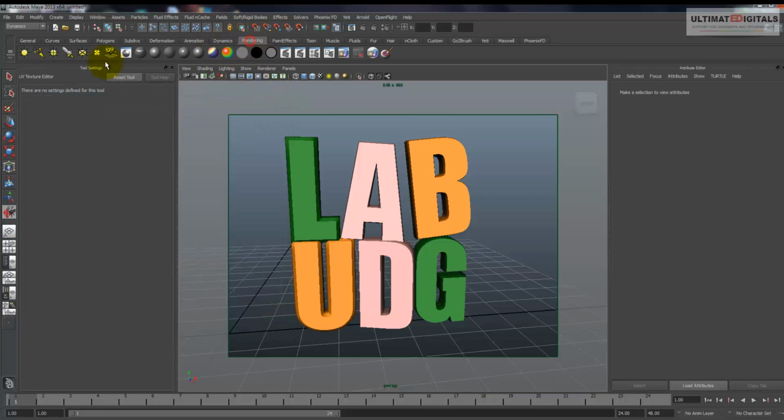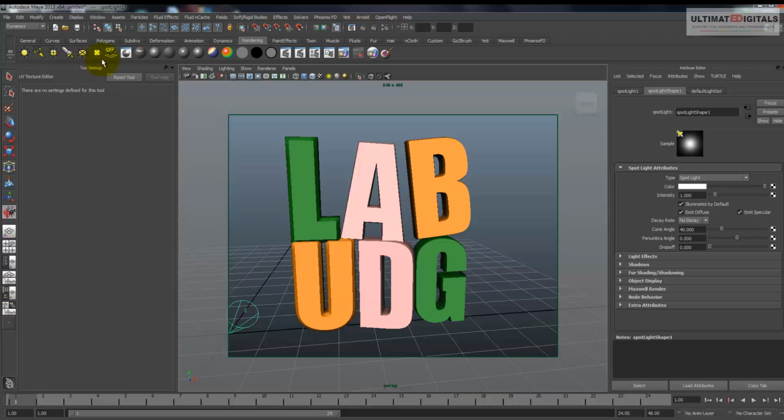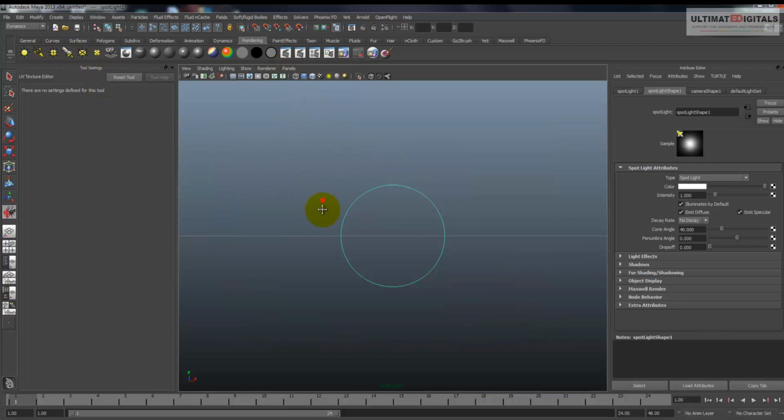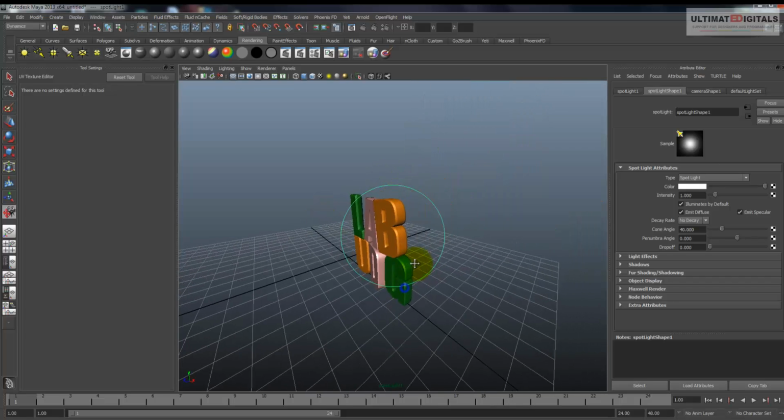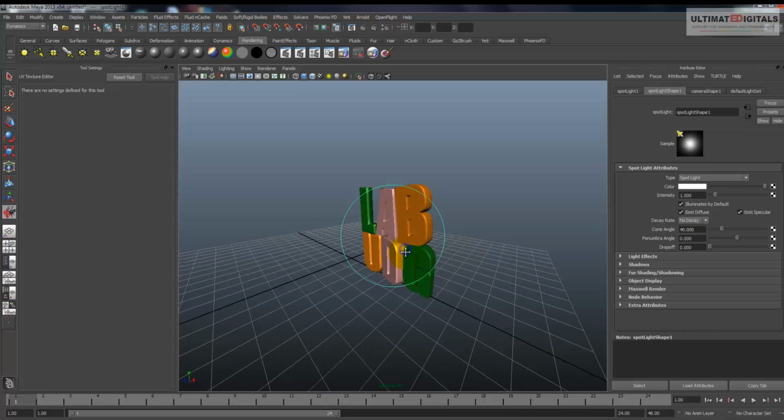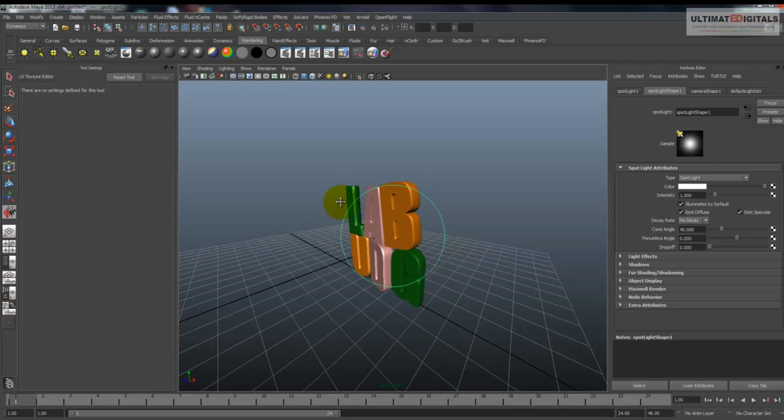Go to rendering, select the spotlight and go to panels, look through selected. Right now I'm looking through what I'm selecting, and let me choose an area of selecting from here, somehow like this. If you see, whatever is outside of this circle is not going to be seen because we are only using one light right now. To make it be seen, let's use